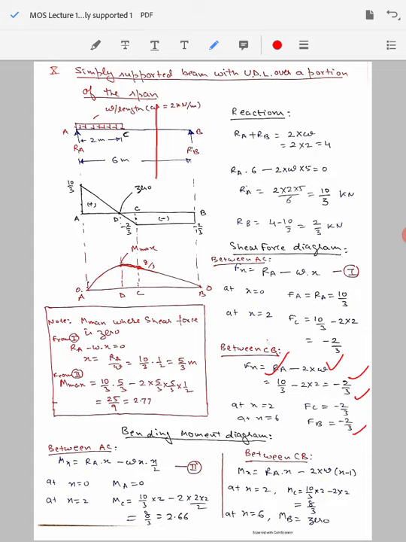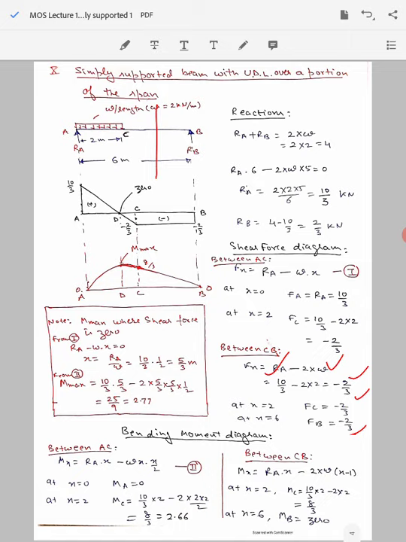Now the time comes for us to draw the shear force diagram. So at point A we draw the shear force as 10 by 3 first. Then for point C, corresponding to point C, the distance, I am going to draw the value of shear force as minus 2 by 3. So this is my minus 2 by 3 on the opposite side of the reference axis. And between these 2 points, there will be a linear relationship, the line joining the 10 by 3 point and minus 2 by 3. This will be a straight line. So this is a straight line here.